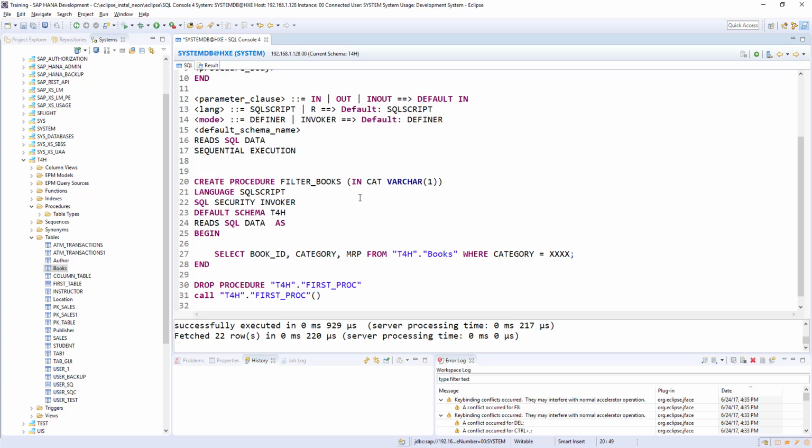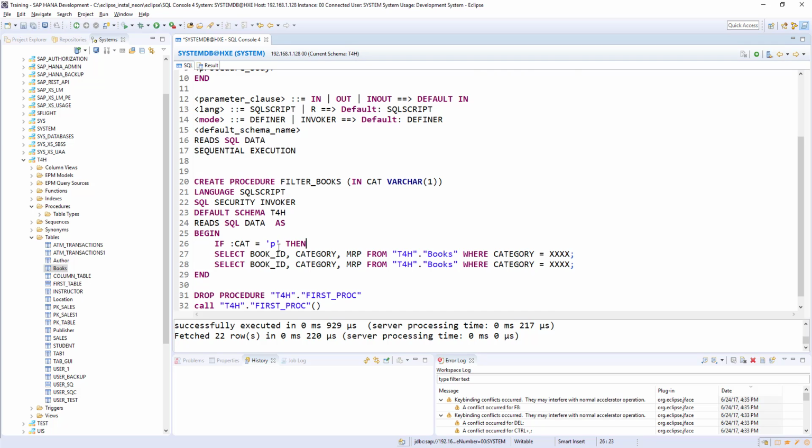Just one single parameter is going to decide. For that I'll use an if statement. So if my input parameter cat is equal to, for example, if I want to filter PDF, then I'll use P, then